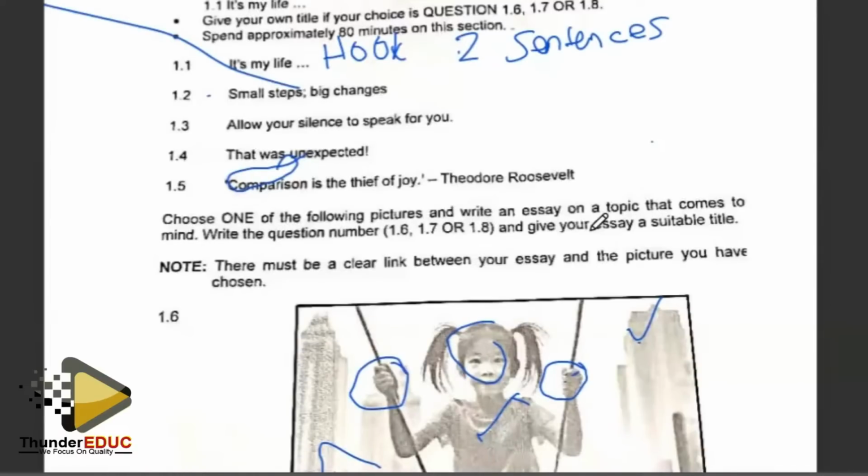Number one, your exposition, right? Where you introduce the story. Number two, you then go into the rising action, right? What builds up the tension. Those instances that build up the